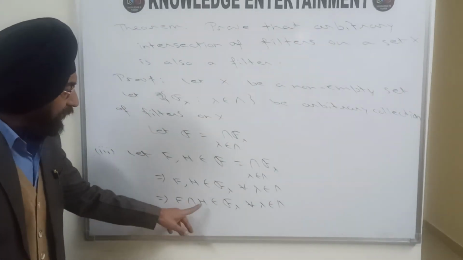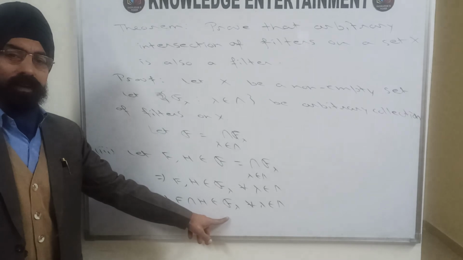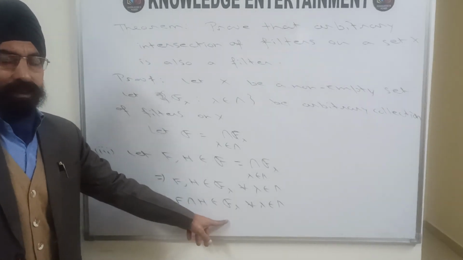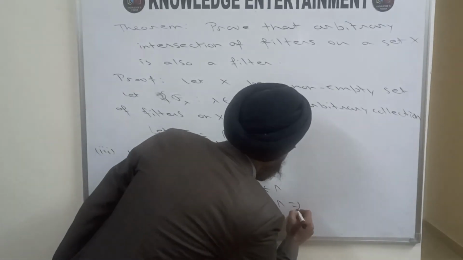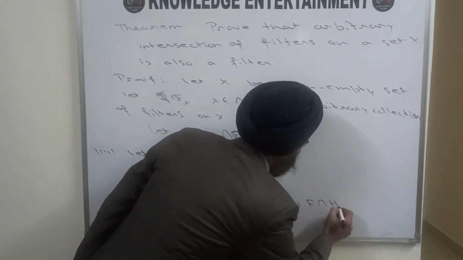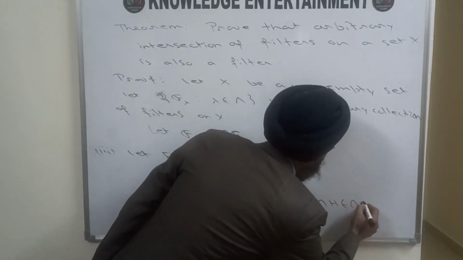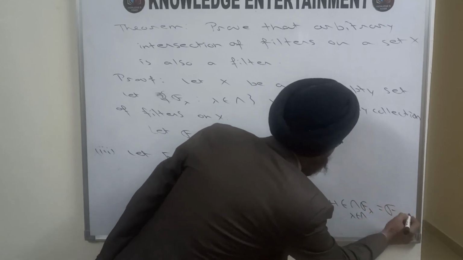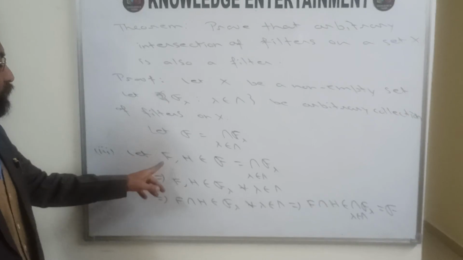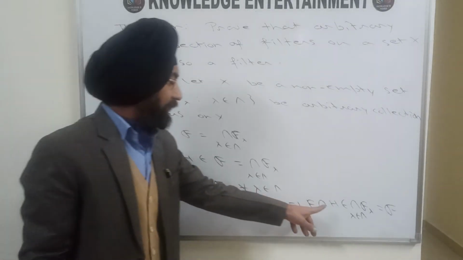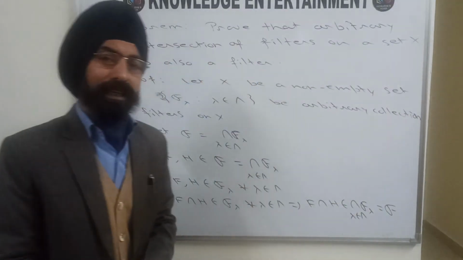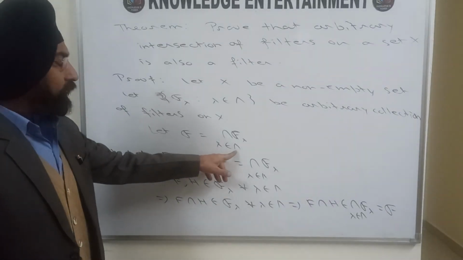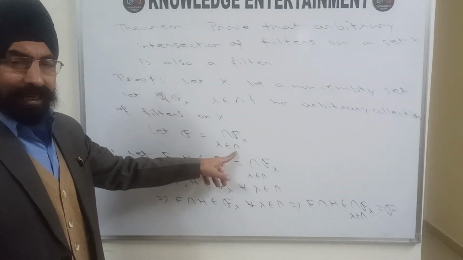Now F intersection H is in every member of this family. So since it is in every member, it must be there in the intersection. So this means F intersection H belongs to the intersection of F_λ for that particular family, and it is nothing but your F. So if you take two members F and H in the family, then their intersection is also there in the family, which makes this arbitrary intersection of filters another filter on the same